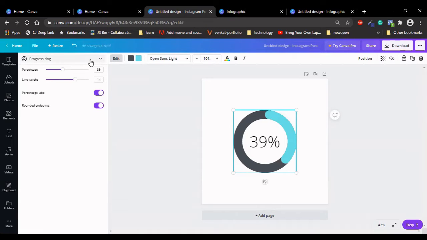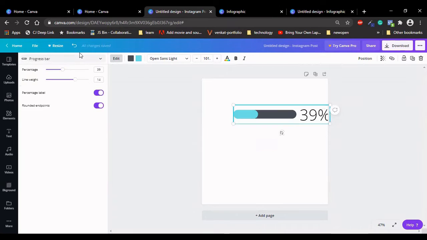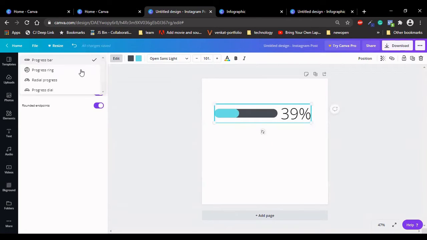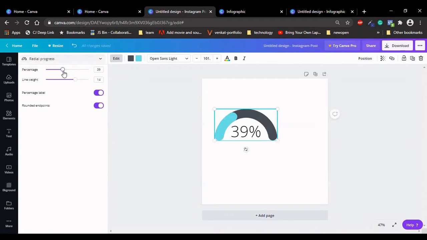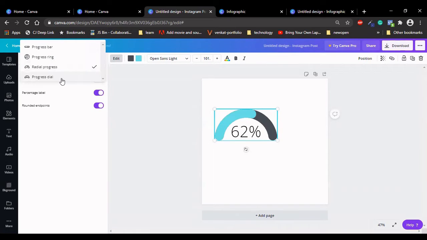Also, the progress ring is displayed now. If you would like to change it to a progress bar, you can easily change it to a progress bar like this. And then you can go to other options like radial progress. See, you can change the percentage here, and also progress dial.